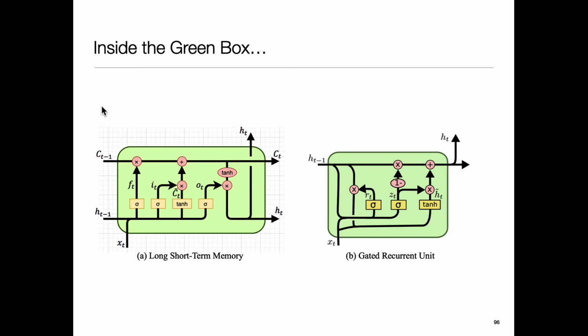I'm not going into details of it, but this is the one which the Swiss group had come up with in the 1990s. It basically sought to have this notion of memory which is long term and memory which is short term. Here, if you see, the state actually has two components to it: a G-1 and then this H-1. One of them is capturing short time scale memory, and another is capturing long time scale memory. If you notice, the long time scale memory just passes through with little additions and subtractions happening to it, but the short time scale memory is a lot more complex.